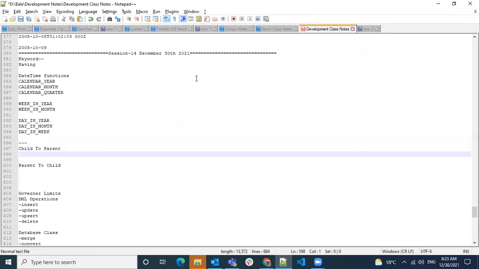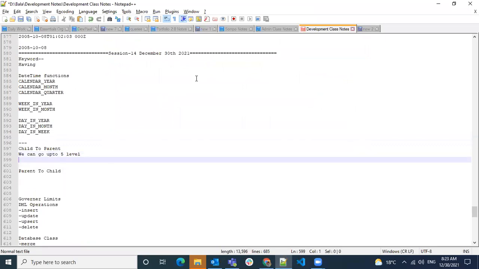So Bala, quickly recapping what you just said about the last part. When we are trying to query the standard fields from the parent, we remove the ID and just give the name, right? Yes.